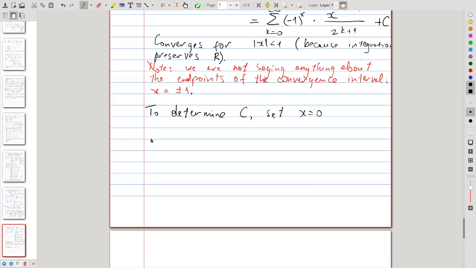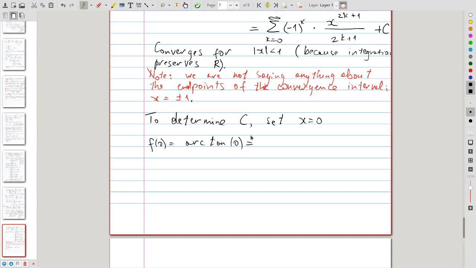Then our equality becomes f of 0, which is arctangent of 0, is equal to the sum k from 0 to infinity of minus 1 to the k, 0 to the power 2k plus 1, over 2k plus 1,